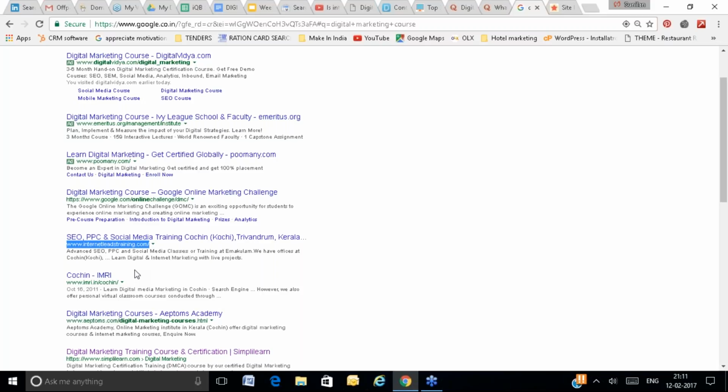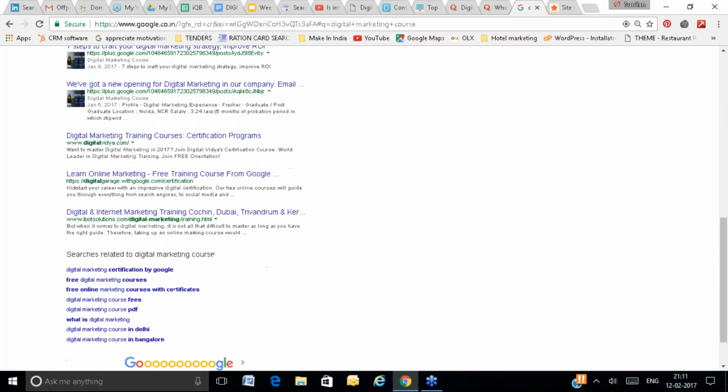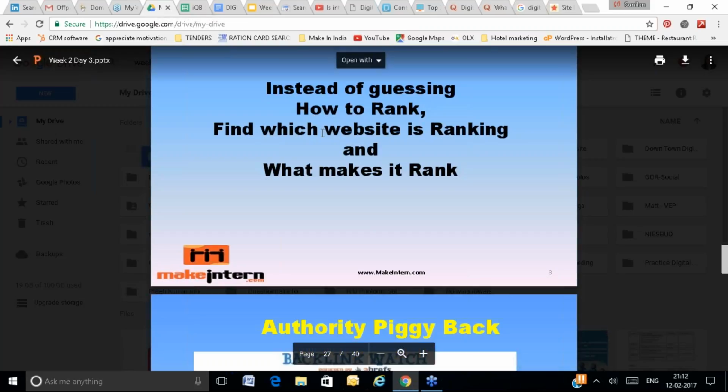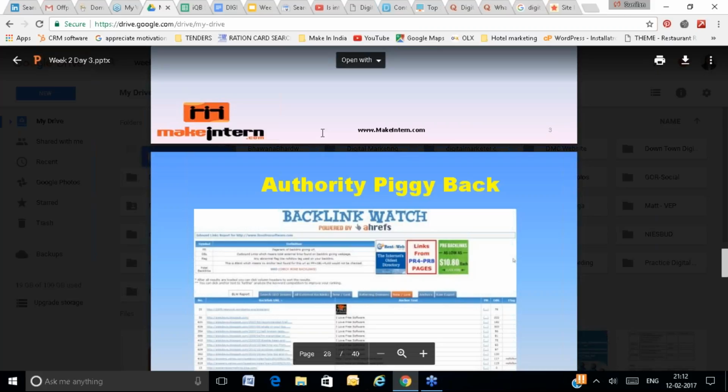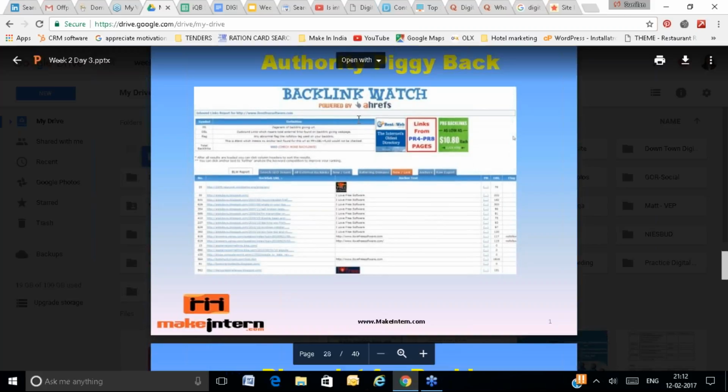Second method: whichever website is coming on top, try to get a backlink from them. If it is possible, go and try to get backlinks from these pages. This is the fastest way to get ranking on Google. So these are the competition backlinks.